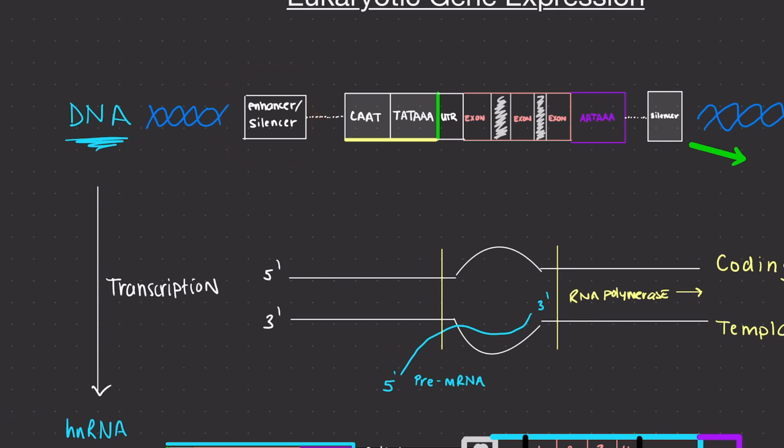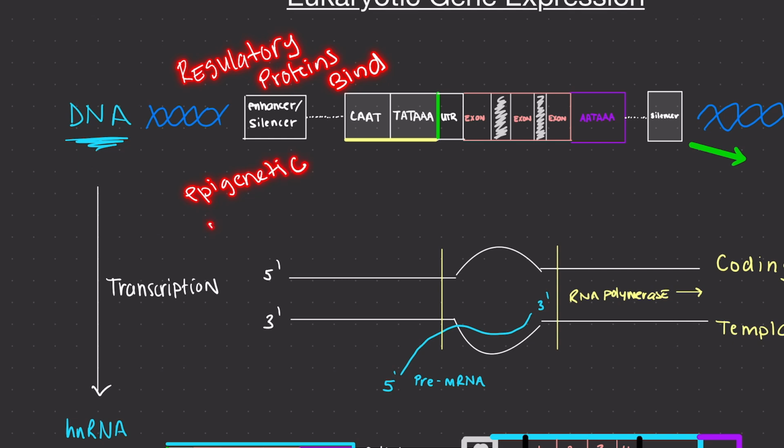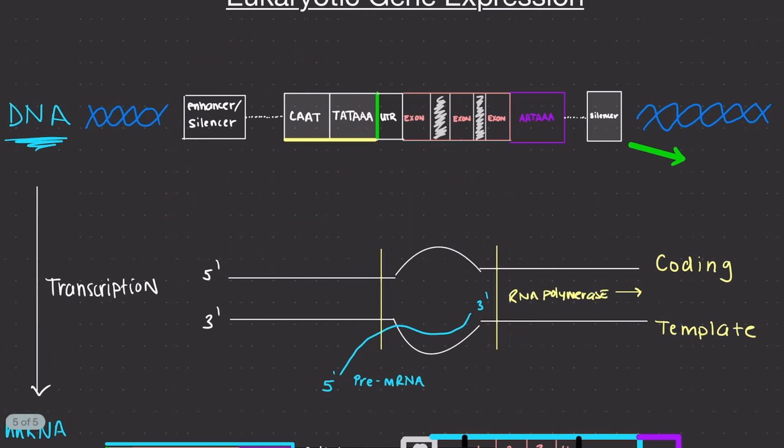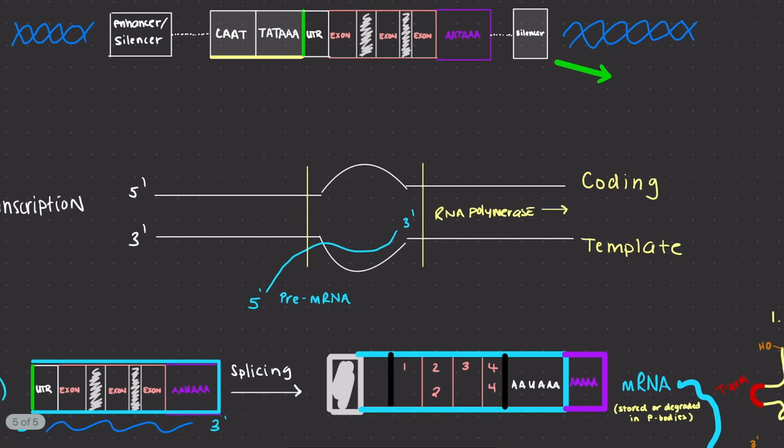And the last portion of the structure of a gene I want to emphasize and point out is upstream from the promoter region, and this is where regulatory proteins bind. This is how you get epigenetic modification. That is, without changing the code or structure of a specific gene, that is, without changing the nucleotides, the cell can add in certain proteins that will either cause the gene to be expressed or not, and can silence it. And so this is the enhancer or silencer region, and these are important modifications, specifically epigenetic modifications to a gene. Now we can look at a